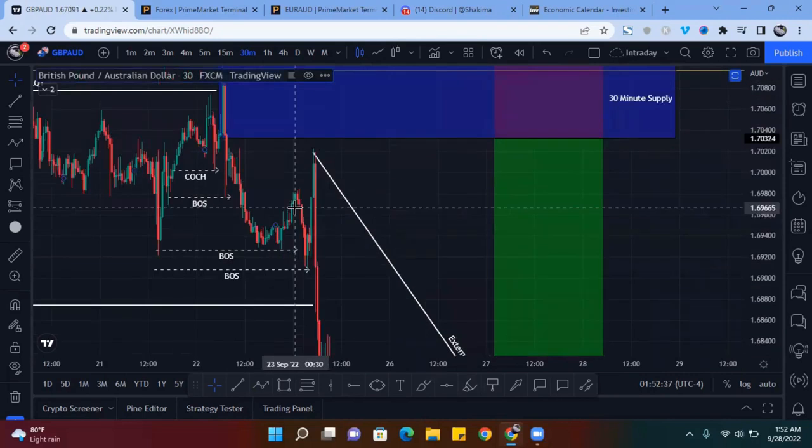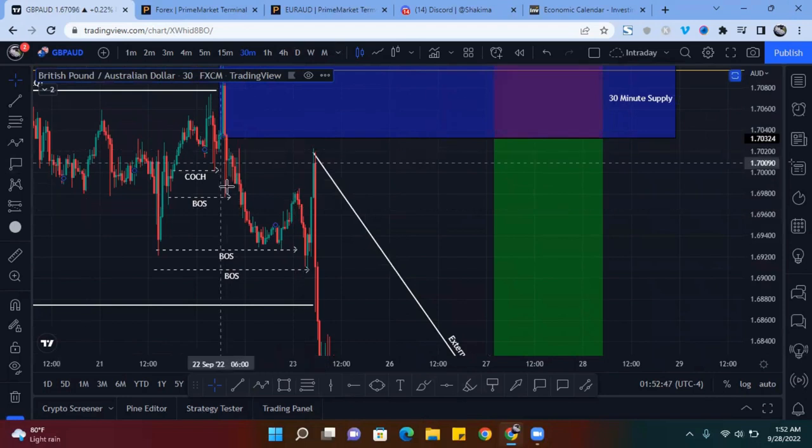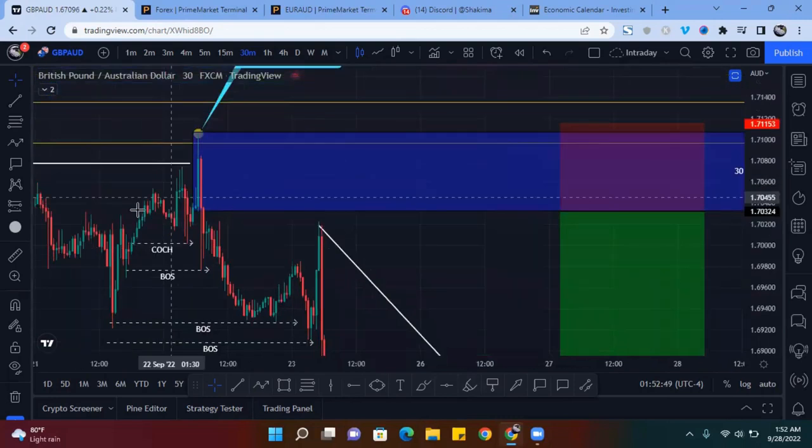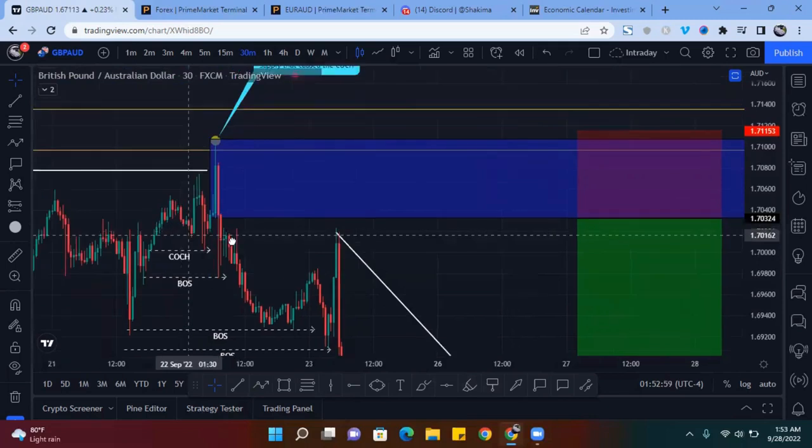Always remember that a change of character is only valid under certain conditions, right? And even then, you should wait for a breaker structure to confirm the change of character. I always do, because I've done some back testing and some losing too. I traded for 2 weeks like normal, just trading change of characters out of context, basically,